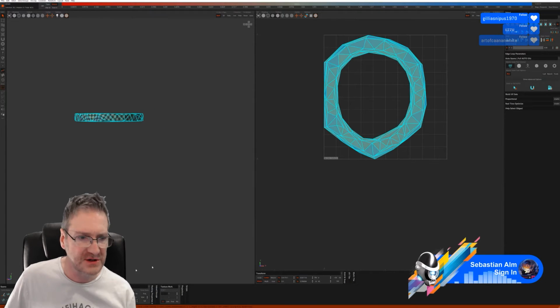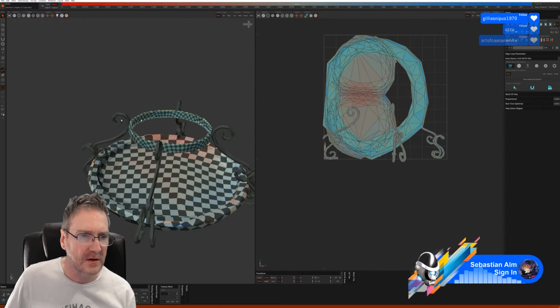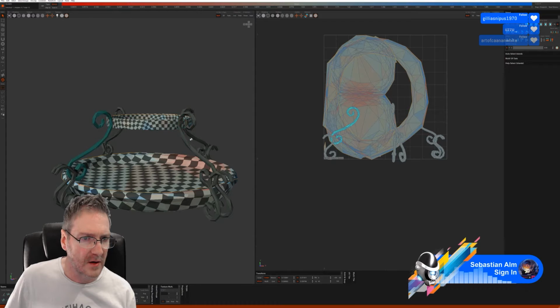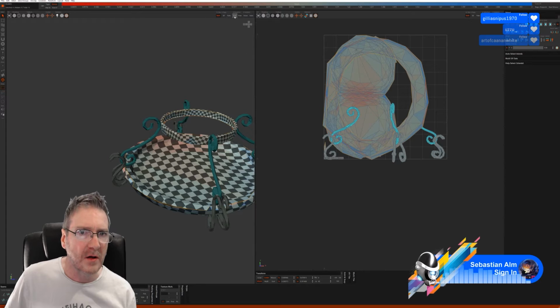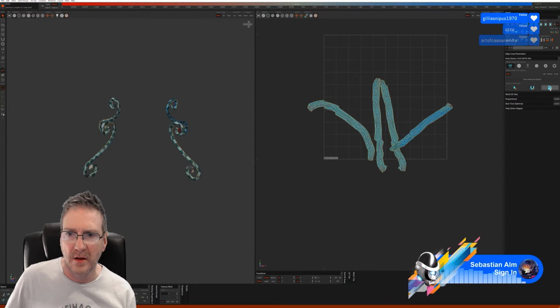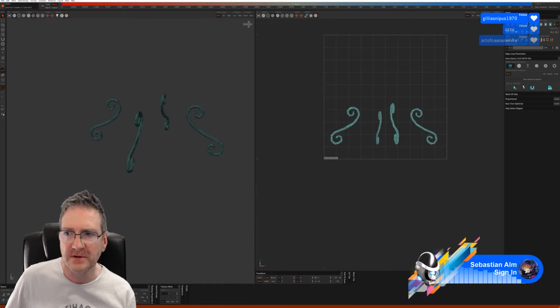Let's try optimizing the mesh. Right. I'm getting a bit of stretching there, so let's try a different one.